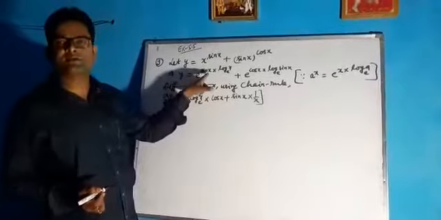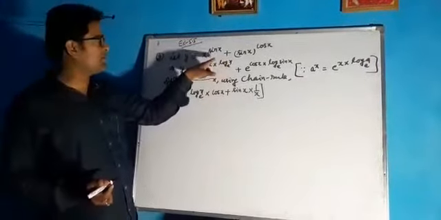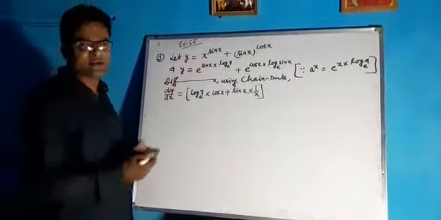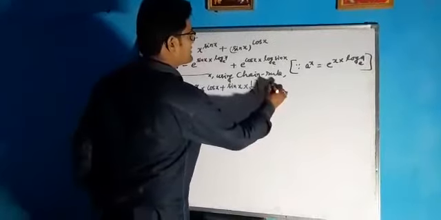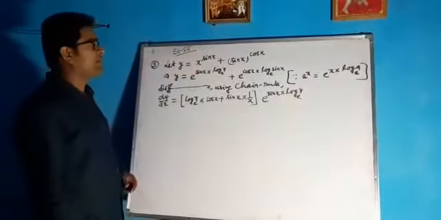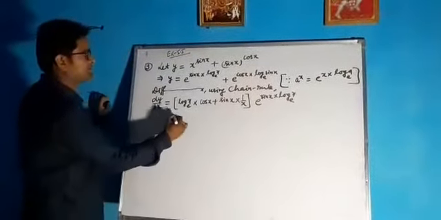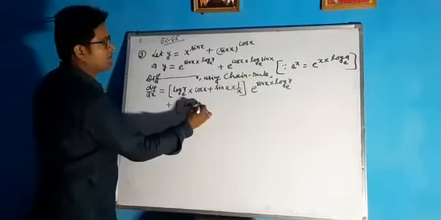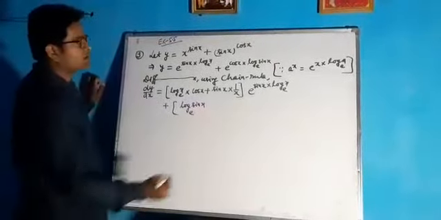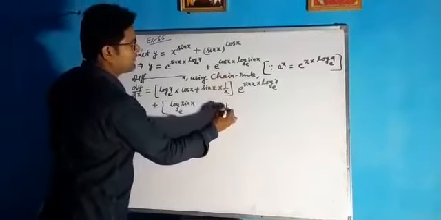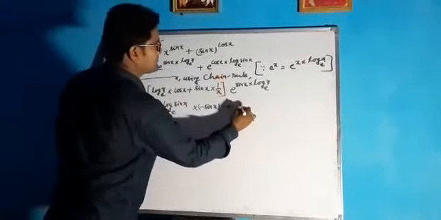Now e to the power sin x into log x, the derivative of that with respect to sin x into log x base e is the same function, as we know the derivative of e to the power x is e to the power x. So it is e to the power sin x into log x base e. After that, let us differentiate in the same way in this. It is again, second function, log sin x to the base e into the derivative of cos x, which is minus sin x. After that, cos x first function, derivative of second function.